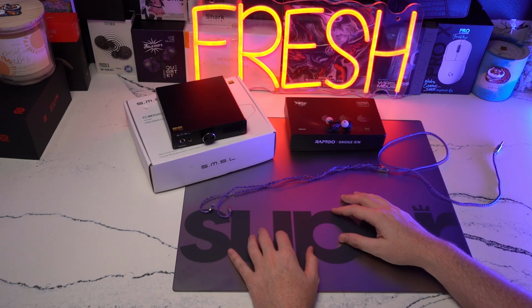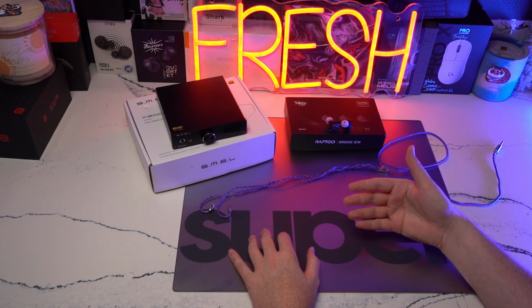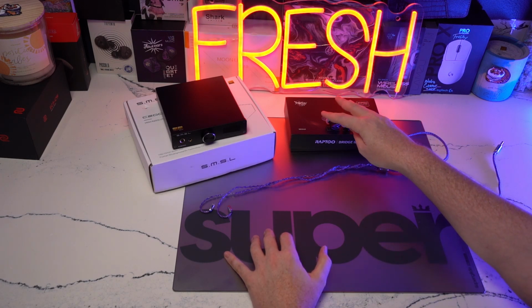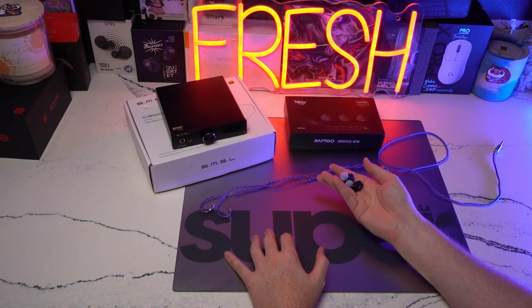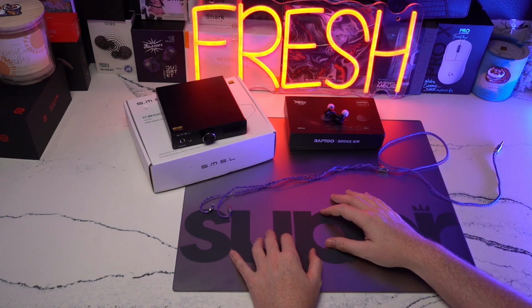This is going to be a video covering the Raptgo Bridge IEM. It is a 2BA, 2DD, 1PZT on each side. I think the build quality is pretty damn good, and I think it's definitely worth its price. Whether or not it's going to be an IEM fitting for you, we'll get into that, but I did just